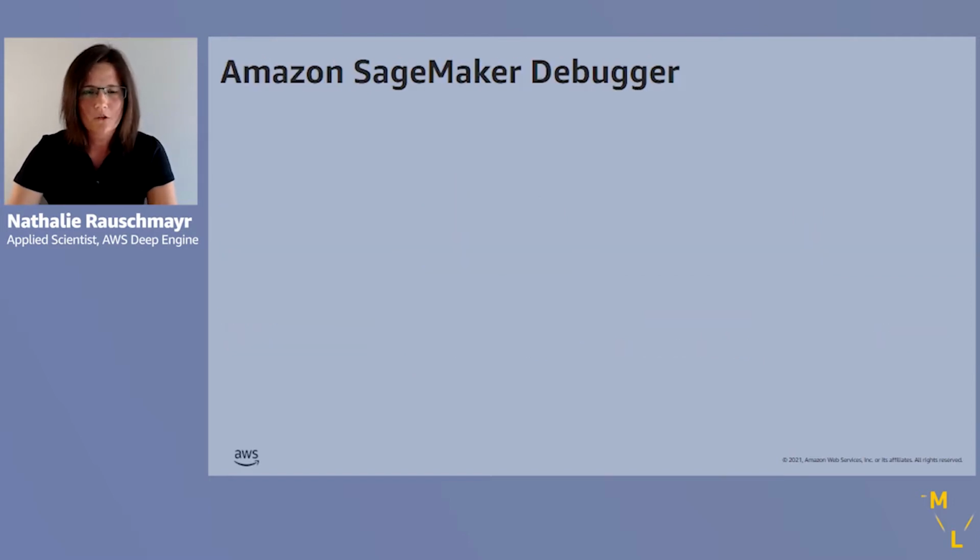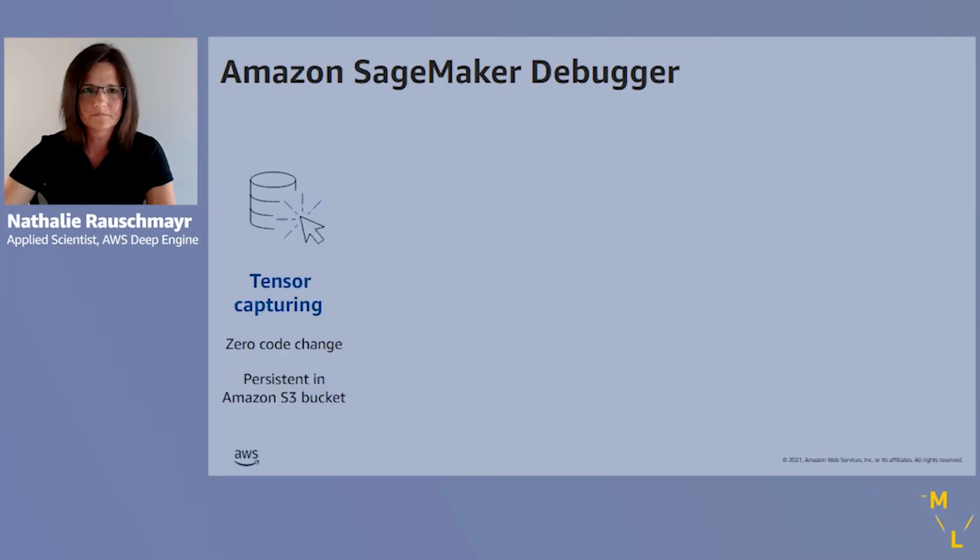Now I would like to show you how you can use Amazon SageMaker Debugger to address the debugging challenges in the machine learning lifecycle, as well as how to find issues related to resource underutilization. SageMaker Debugger is a feature that allows you to automatically capture tensors from your model training. We support what we call zero code change. That means, as a user, you do not have to modify anything in your training script, nor in your model. When you start your SageMaker training, you simply specify the kind of tensors you want to have emitted, tensors such as weights, gradients, and Debugger will take care of the rest.